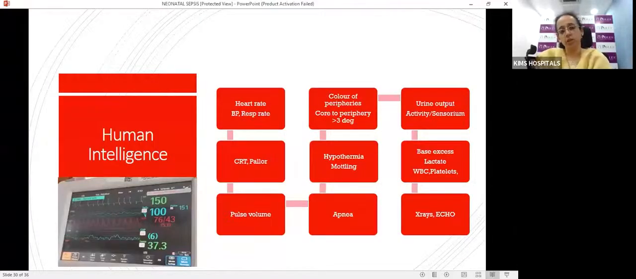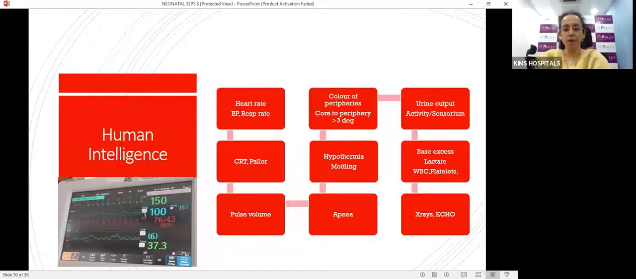So the human intelligence. This we regularly see when we are going around in the NICU. On an average, if there are 15 babies, one baby might be having feed intolerance, another might be having tachypnea, another one might be having tachycardia, another one decreased urine output. So various scenarios we will see when we are taking the rounds of the babies, and we tend to